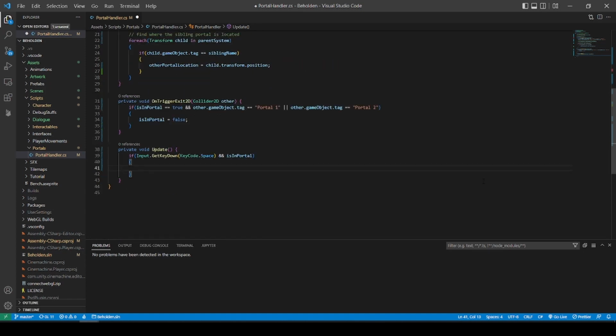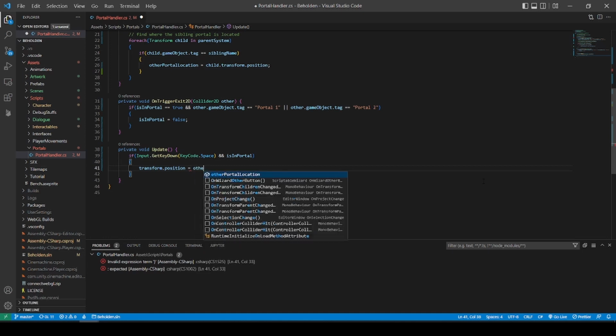And then we want to take our transform.position and just update it to be where the other portal is,